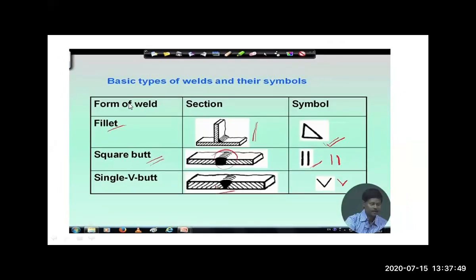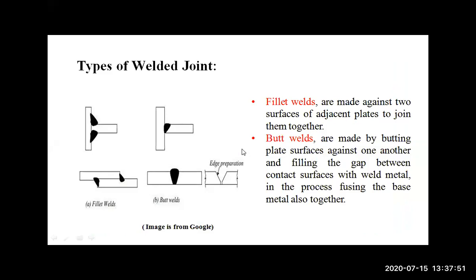So you have to draw these sketches. First write down the types of welded joints. Write down every type of welded joint. So first is the fillet weld and second is the butt weld. And under the fillet weld, draw these two cases' sketches, and under the butt weld, draw these two cases. Draw the sketches.